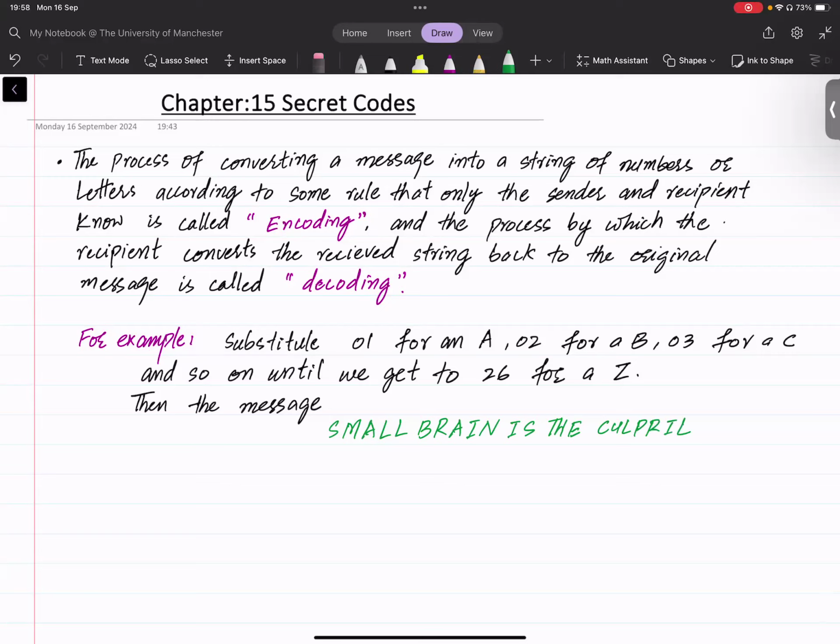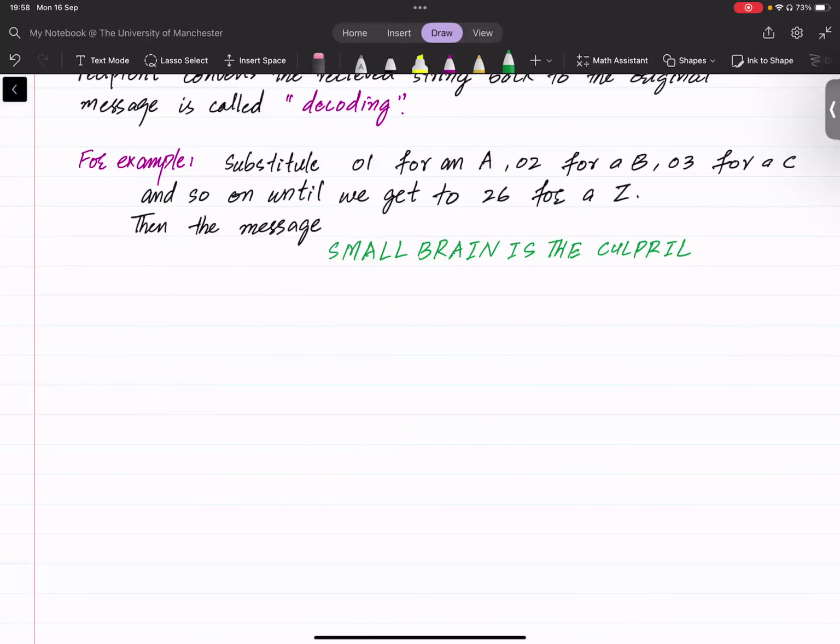Okay. Now the message gets encoded as a string of numbers. Which numbers? The numbers would be